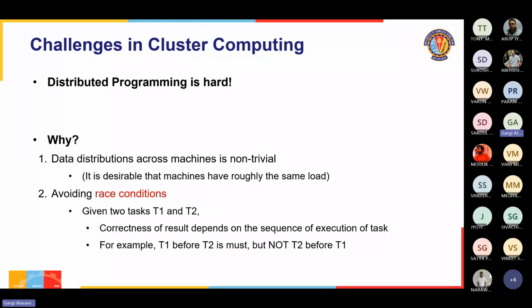And why is it hard? Because data distribution across machines is a very critical part. And doing it manually, taking care of everything, programming it every time is not easy. We want to ensure that all machines have roughly the same load. So taking care of this scheduling of data, assigning of data is also a very critical task. When there are multiple machines involved, avoiding race conditions is very, very critical if you do not want your results to get hampered. And it is again a very, very difficult task, because